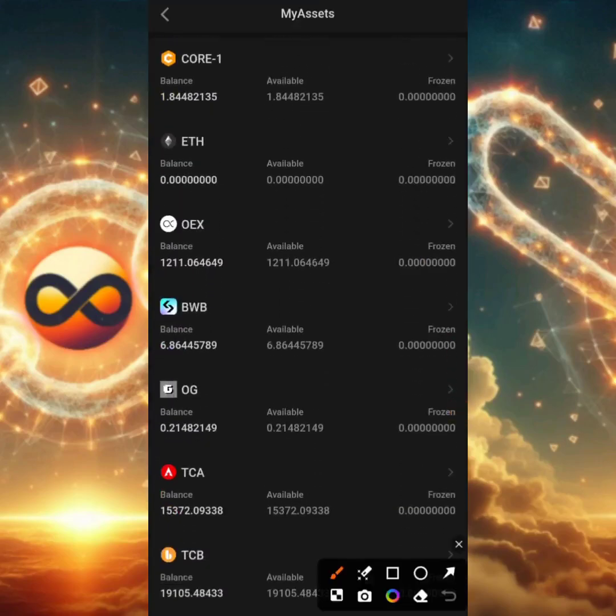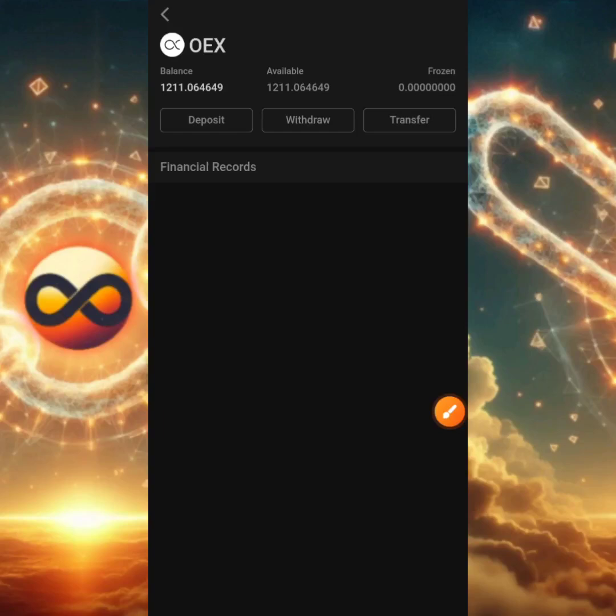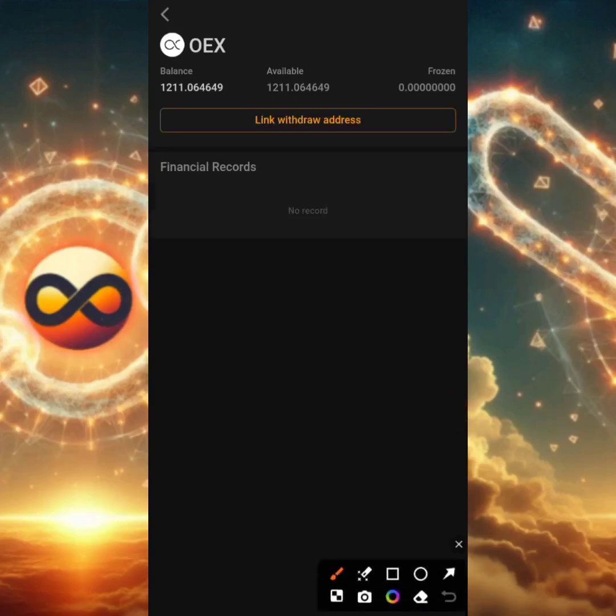As you can see right here, I'm actively participating in the BWP point airdrop and the OG token airdrop. But this is the airdrop we are going to be focusing on today. This is the token, or cryptocurrency, we are going to be withdrawing today, which is the OEX. Let me click on that right now, and we're going to wait for a link withdrawal address option to appear. The moment it appears, we're going to click on link withdraw